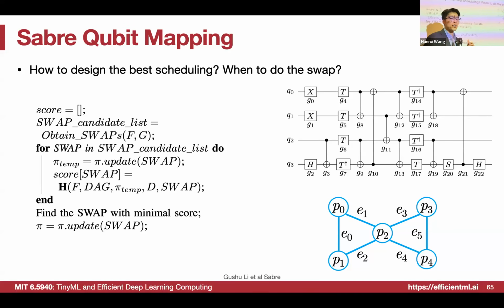So there can be a heuristic function, a heuristic score that we assign to each of the swaps in the design space. Then, according to the score, we can find the one with the best score, like the minimum score here. Minimum means the cost, or you can consider that as the best swap. And then we can update that, and then apply all the gates later, and then we can do this again. So that's the basic greedy algorithm that many of the existing compilers are using.